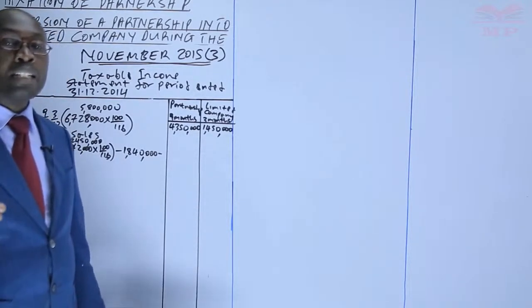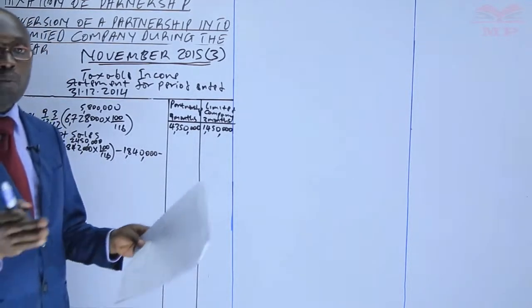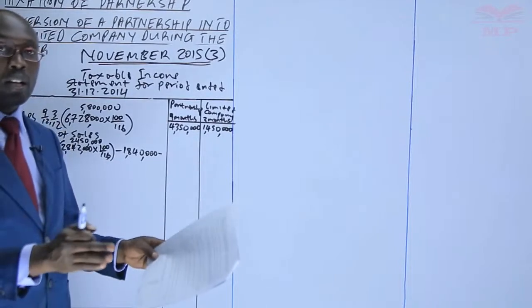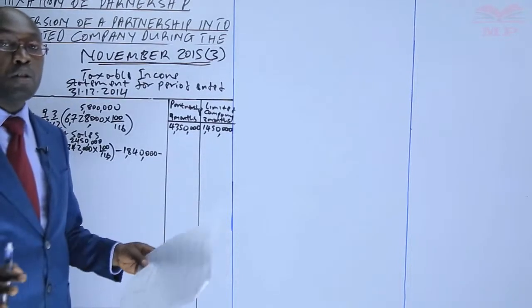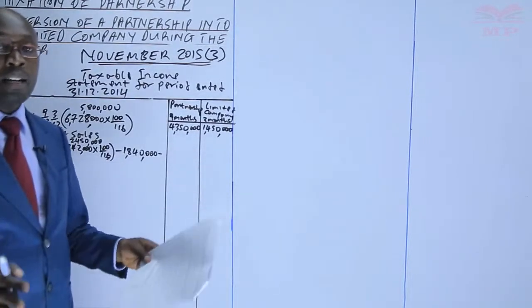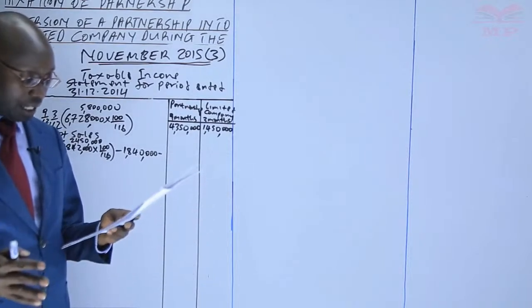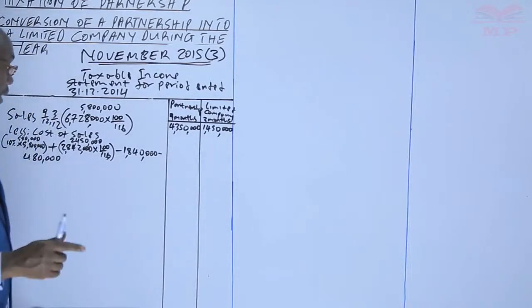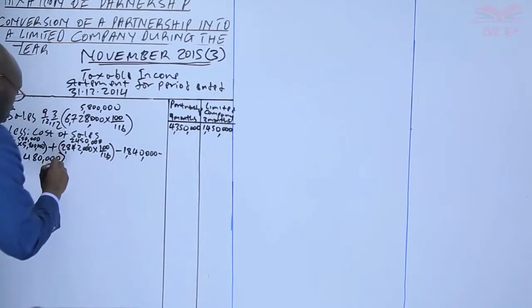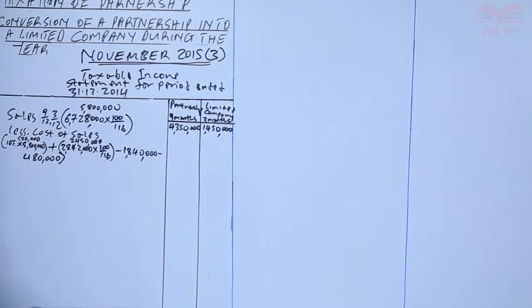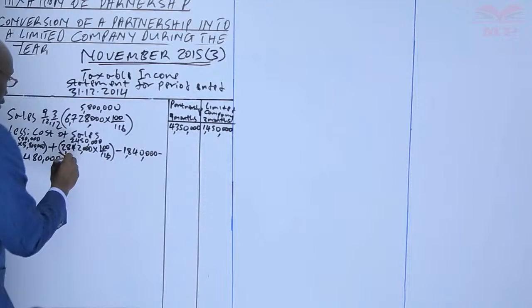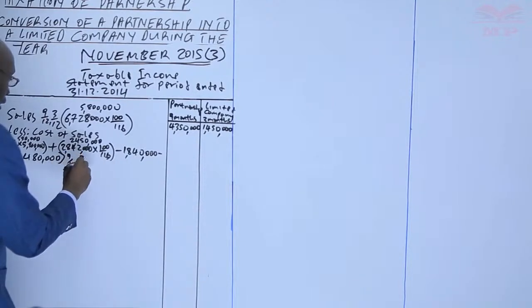You also have the goods transferred to the branch at cost. That, remember, you are just transferring goods from one place of the business to another, from the head office to the branch. There is no impact in addition to that because the stocks are still within the company. The branch and the head office are one and the same thing. And there is no other item that affected the cost of goods. So we cross. And then we apportion. Don't forget to apportion. We want the 9 months, so 9 over 12. The other one, 3 over 12.